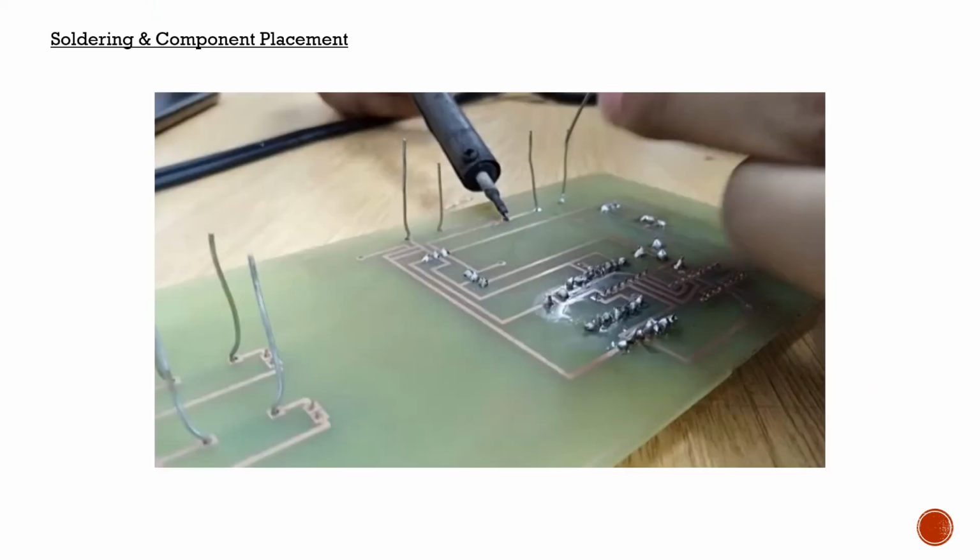And after drilling holes, we place the components inside of these holes and solder them so that we could fix these components and later connect wires with them where necessary to make our robot work in a more prominent way. So this is a short video of soldering. If I play it right here,